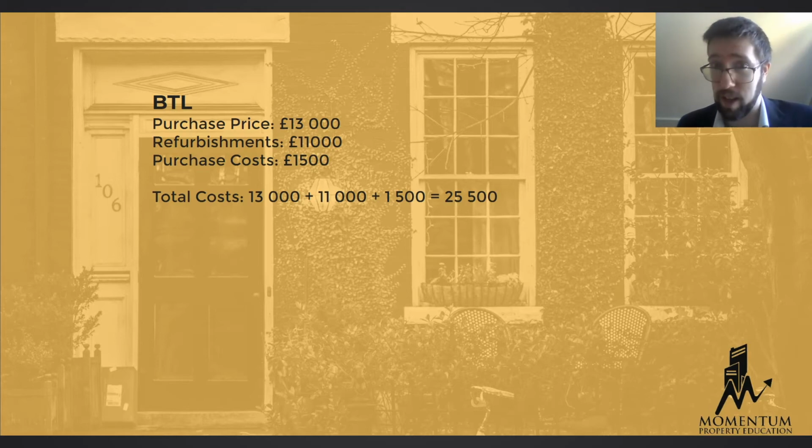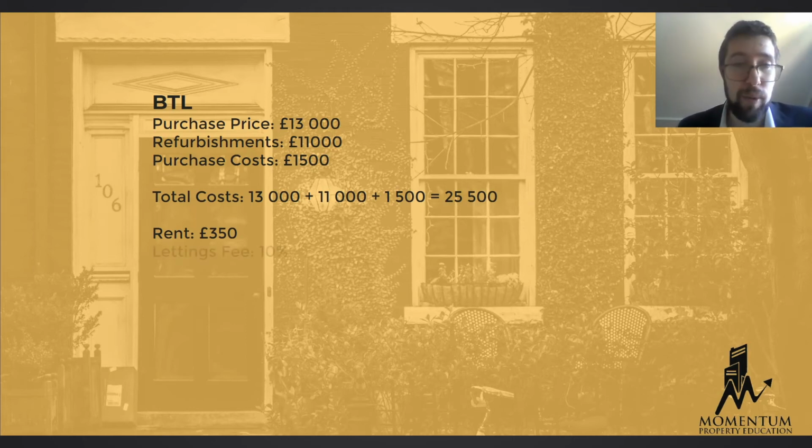And that doesn't sound like a lot. And in property, it isn't. But it was a small flat in Glasgow, and we knew it was going to have a rent of £350. And what's great is this flat has been ticking like clockwork since we bought it. It's got a stable rent of £350 a month. We've never had any voids. We've had tenants move out, but we've always had new tenants move in right away because we've been marketing it while the tenant was still in their notice period before they moved out. So it's been a fantastic property.